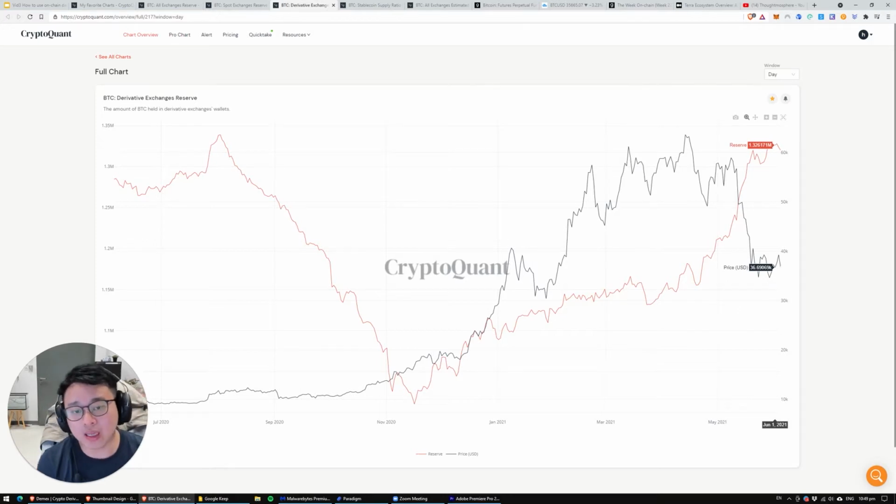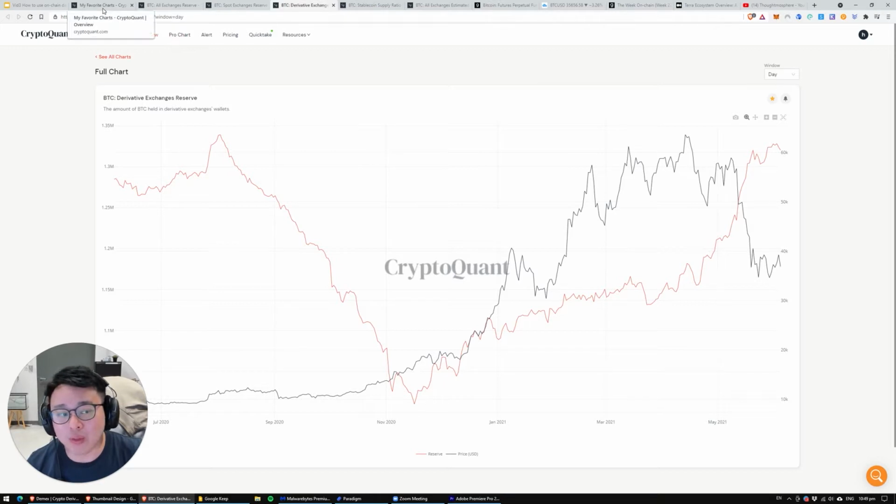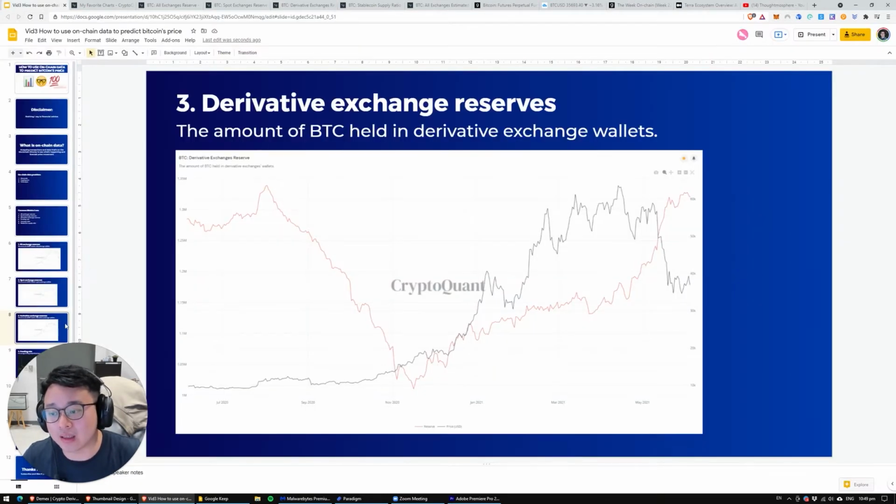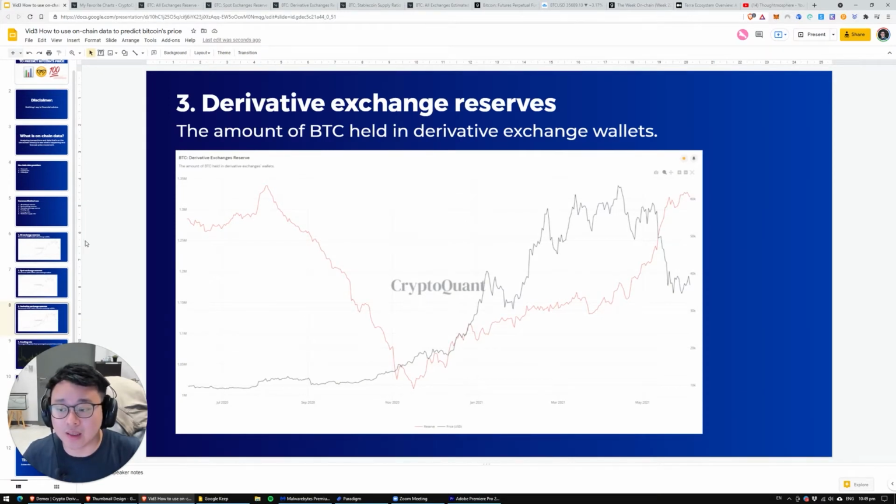So when Bitcoin enters a derivative exchange, it usually only means two things. In general terms, they want to go long or they want to go short. This can be done through a variety of methods, including buying and selling put options or call options, but it's generally two things: longing or shorting. So when we see derivative exchange go up, we need to start to look at whether or not it is going to be meant for longing or shorting, and that's where the next metric that I use comes in, the